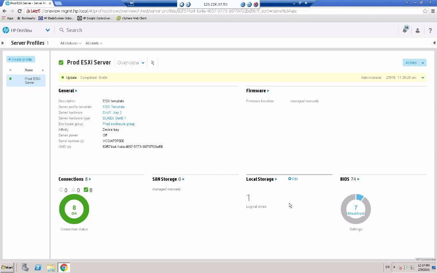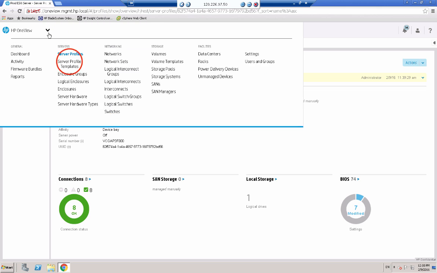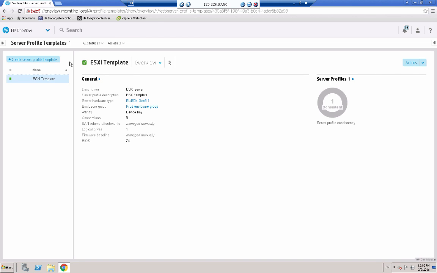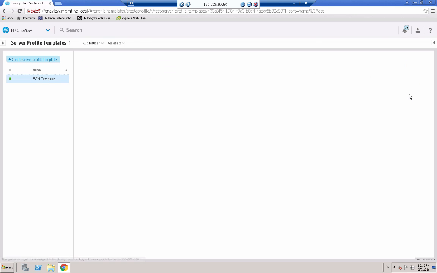So what I'm now going to do is to create several server profiles from a template. Then I'm going to modify the template, and we'll see that the server profiles are no longer in sync with the template. So from the main menu, I'm going to go to Server Profile Templates. So with the Server Profile template selected, I'm going to click Actions, Create Server Profile,